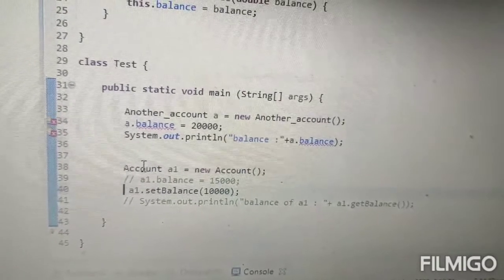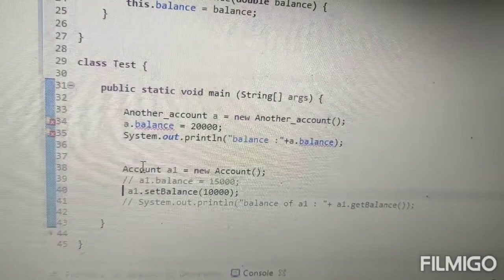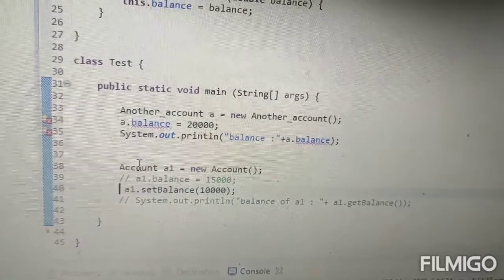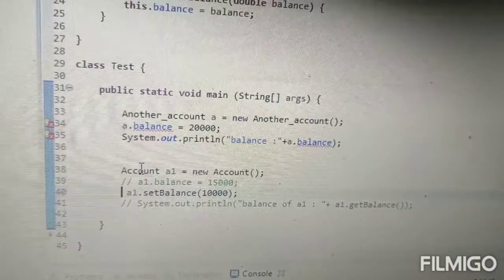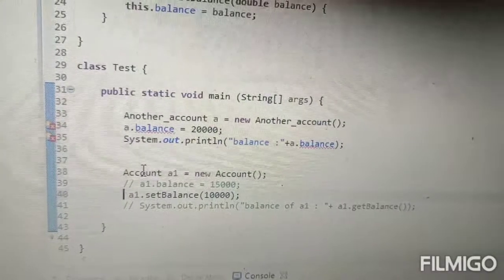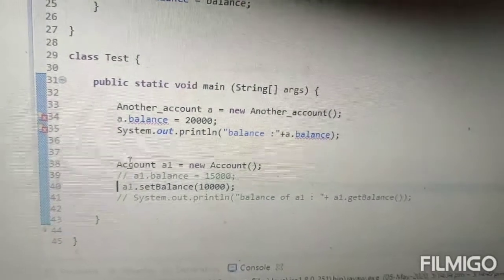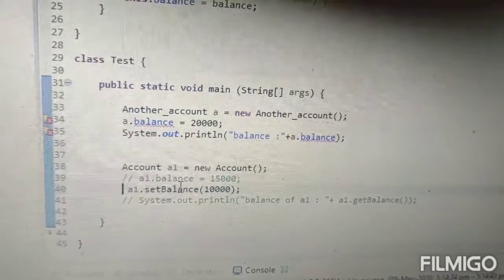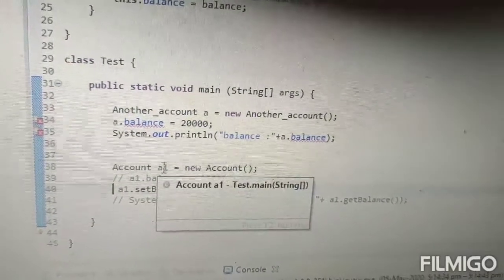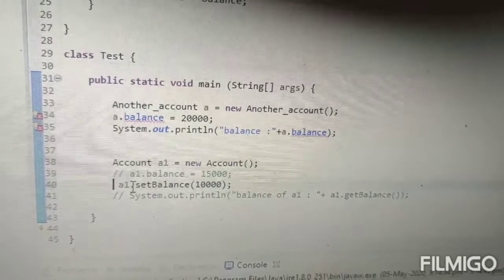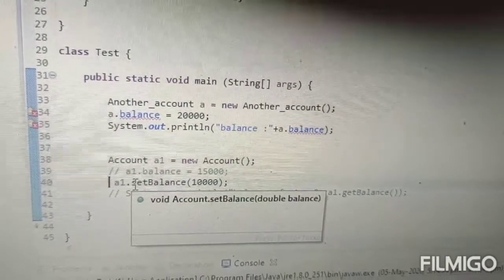All the public data members or methods can be called outside of the class, as those are declared as public. Those are accessible outside of the class also. So I called a1.setBalance, as we cannot directly access this balance by using this object reference, but we can access that balance through the public methods.